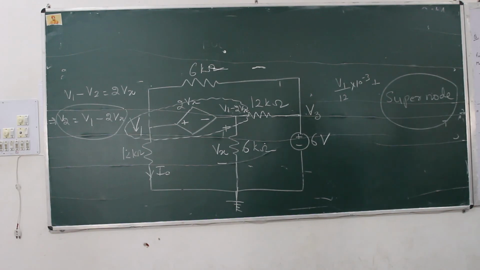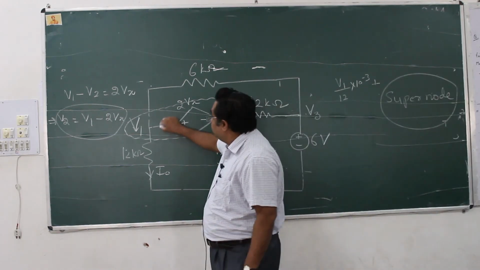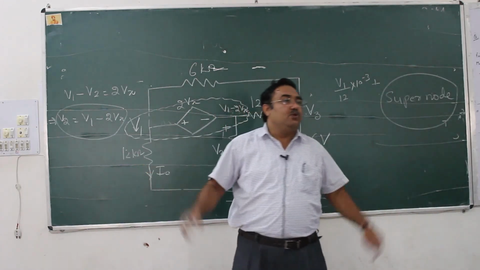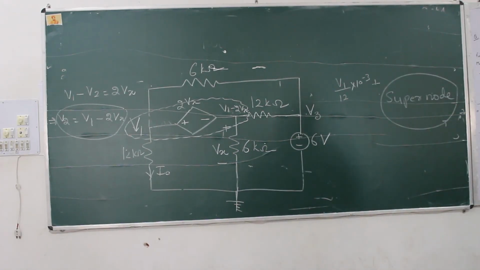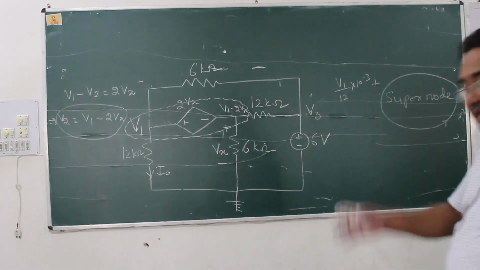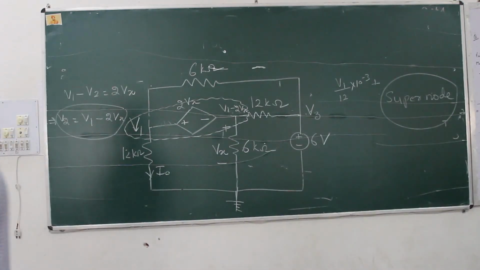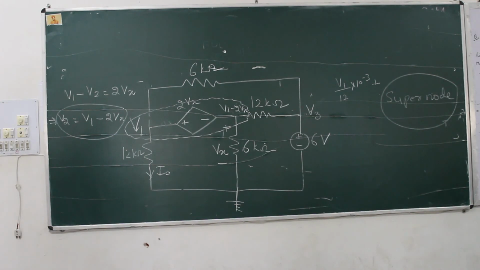A super node will arise whenever there is a common ideal voltage source between two nodes. Mind it, had there been a resistor, no super node concept. A resistor will allow the current to flow. But had there been an ideal voltage source, then the concept of the super node will arise, whether it is dependent or independent. Clear? Is there any doubt, difficulty, कोई शक,